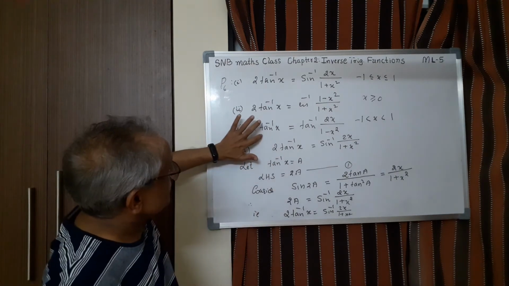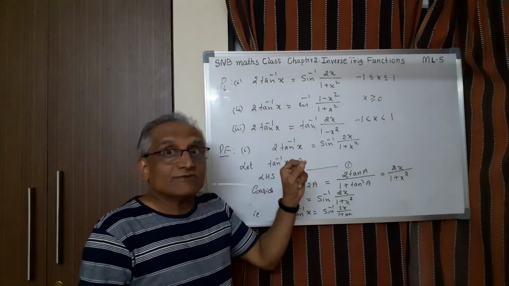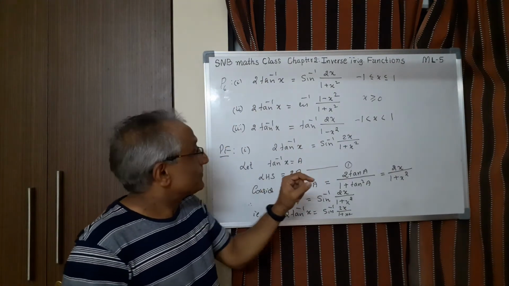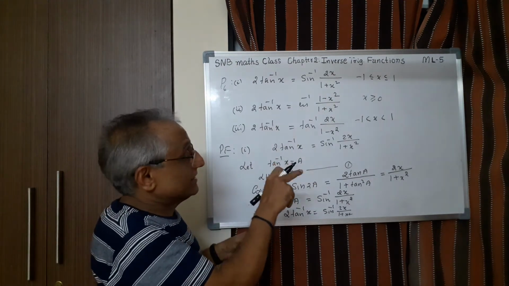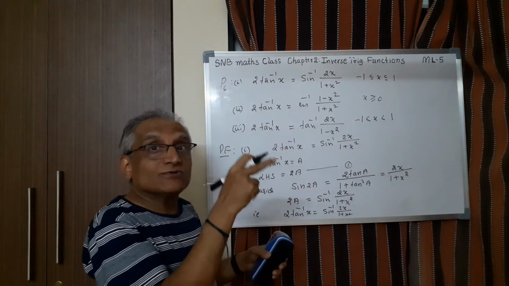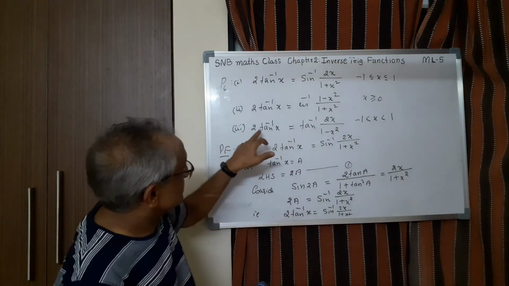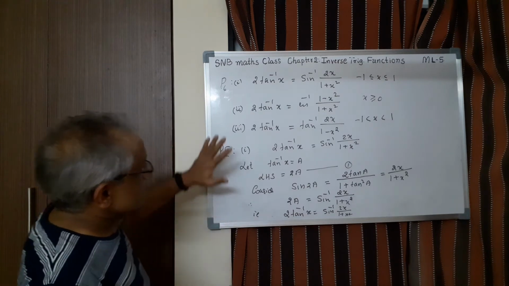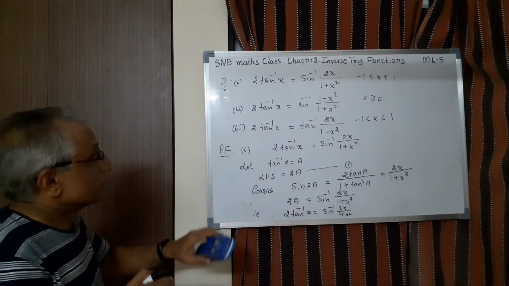But there is another interesting thing. You can also prove this by taking the previous formula, P5, tan inverse x plus tan inverse y equal to tan inverse of x plus y by 1 minus xy. Suppose you put x equal to y equal to x, what happens? You get the same formula. So these are the two different ways you can prove this one. So please try this yourself. So this is actually the end of the property.